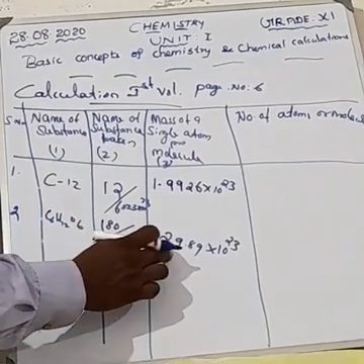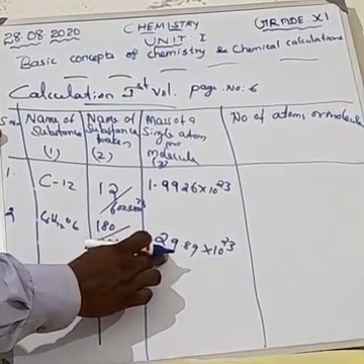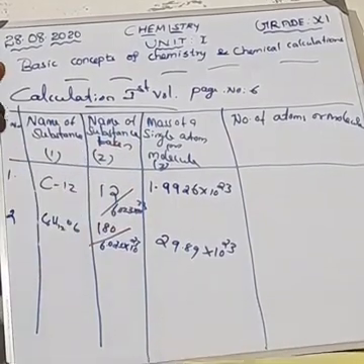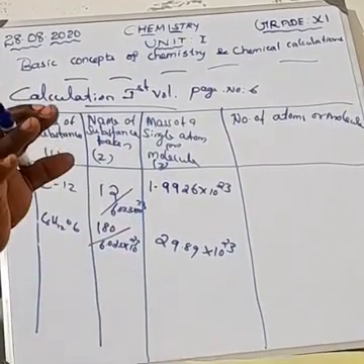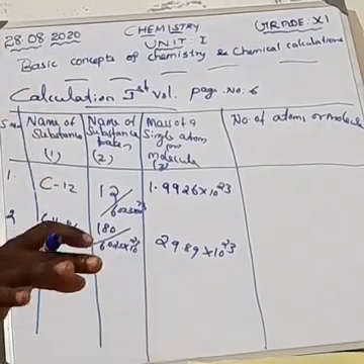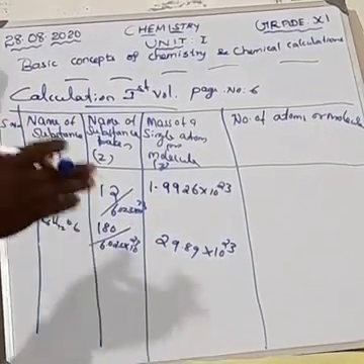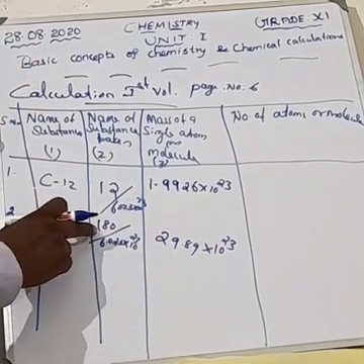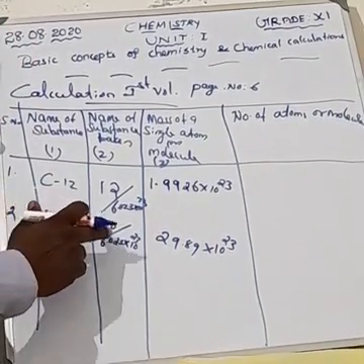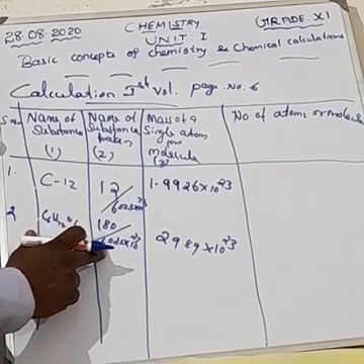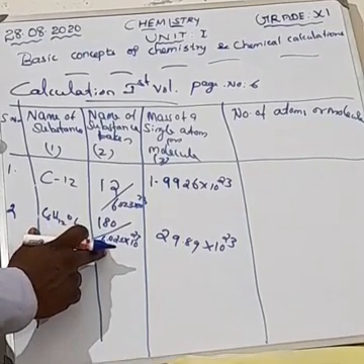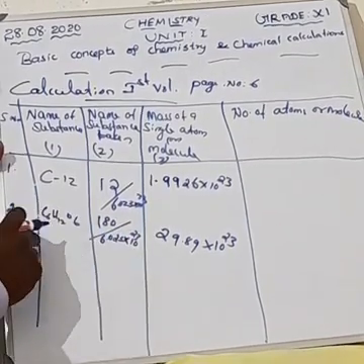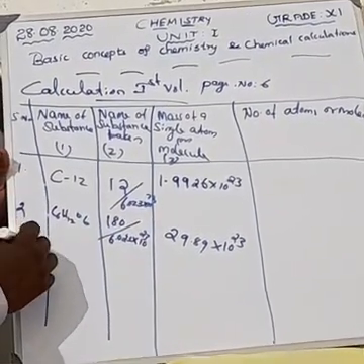This is as per the textbook value. Some small variation may happen during the calculation time. That is no problem. You should do as per your calculated value, not your textbook value. First of all, you should divide 180 by 6.023 into 10 raised to 23. We get one value. Then, next one is the potassium dichromate.